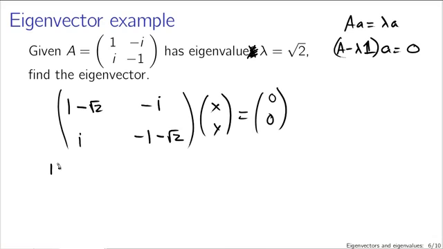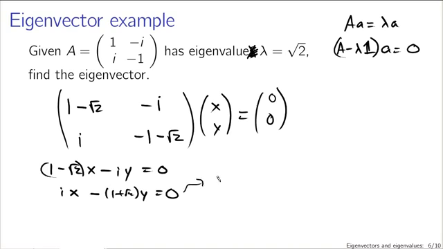For the first equation, I get 1 minus the square root of 2 multiplied by x minus i y equals 0. For the second equation, I get i times x minus 1 plus the square root of 2 y equals 0. And if, for instance, I rearrange this equation, which tells me that x is equal to minus i times 1 plus the square root of 2 y, and substitute this into this equation for x,